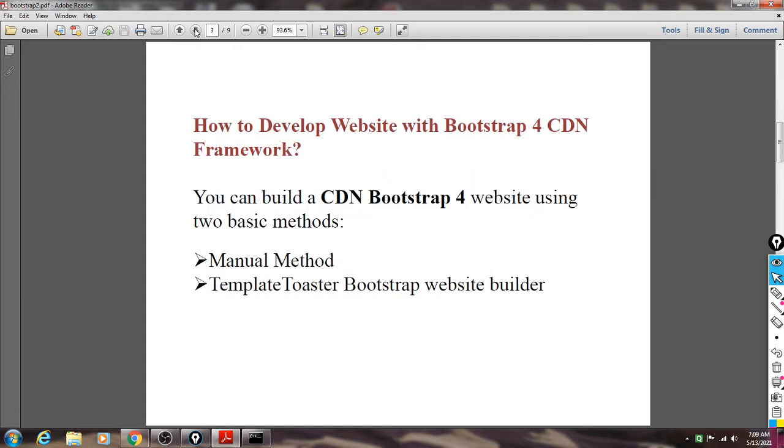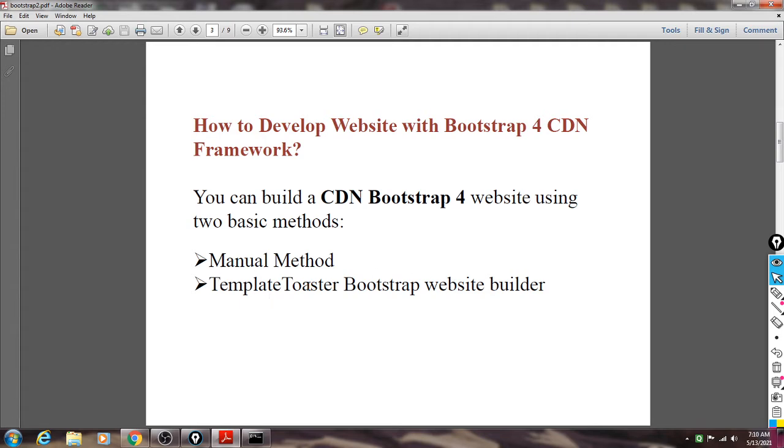Then, how to develop a website with the Bootstrap CDN framework. There are two methods with which we can include the Bootstrap CDN framework. The first is the manual method and the second is the Template Toaster Bootstrap website builder.